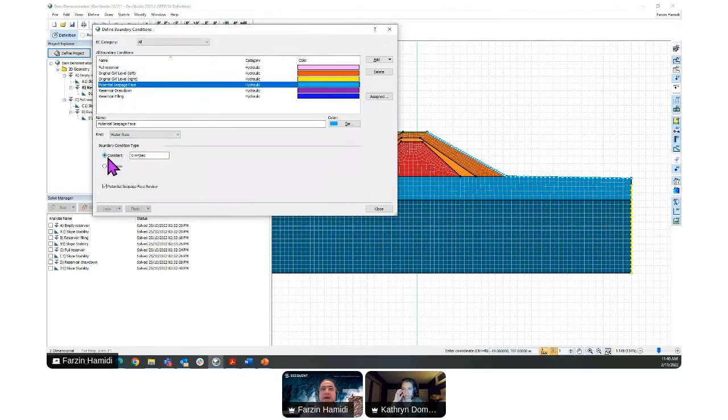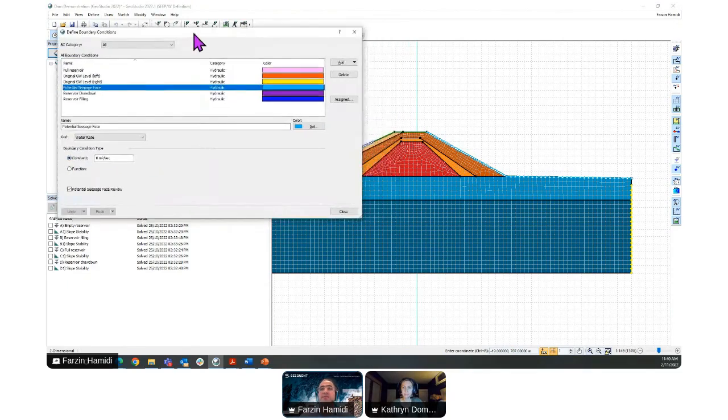What it is doing is considering 0 flow through this boundary unless we have a pore pressure build up behind it. Once we have a pore pressure build up behind it, once we toggle this on, it will change this 0 into, let's say, 1.